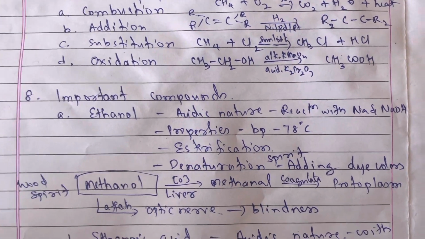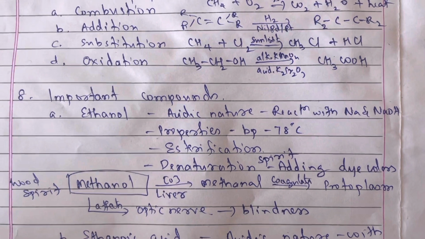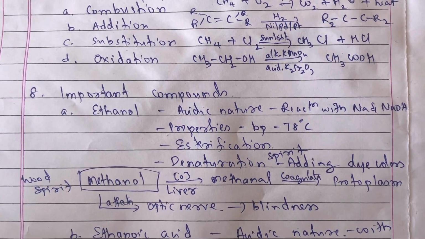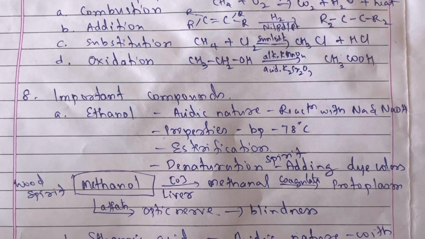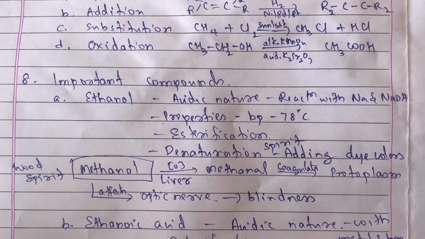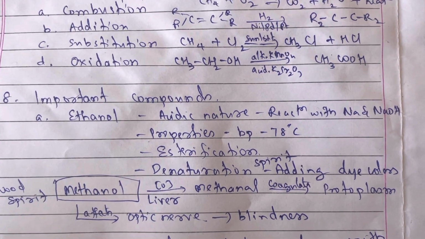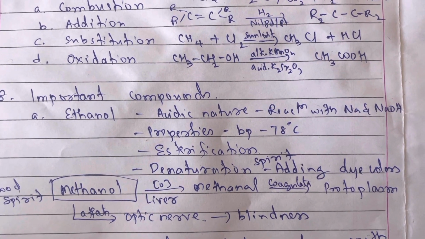And the boiling point of ethanol is 78 degrees Celsius. It exhibits the esterification test, but remember, ethanol will give a negative test for carbonate and bicarbonate reactions. It will not react at all. And another important thing is, because of its commercial importance, this particular ethanol will be misused by so many people,